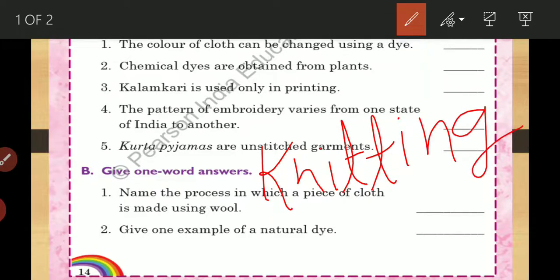Next question is, give one example of a natural dye. All of you write down the answer. Here you can write spinach, indigo, beetroot, turmeric, but you have to write only one example. I am writing here spinach.